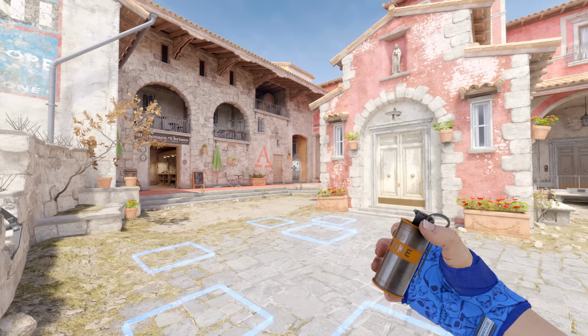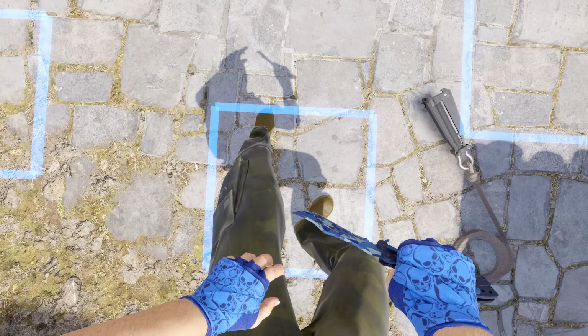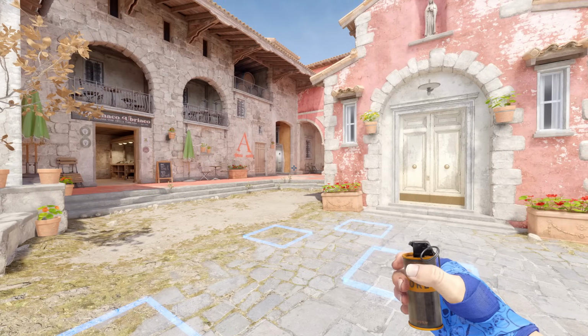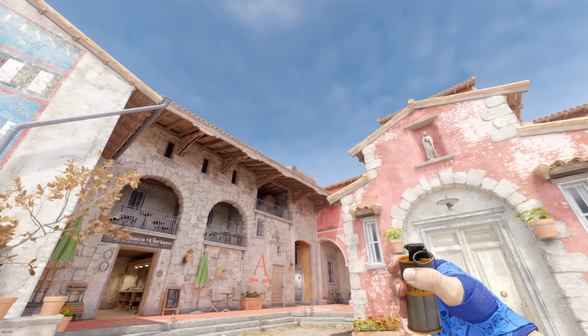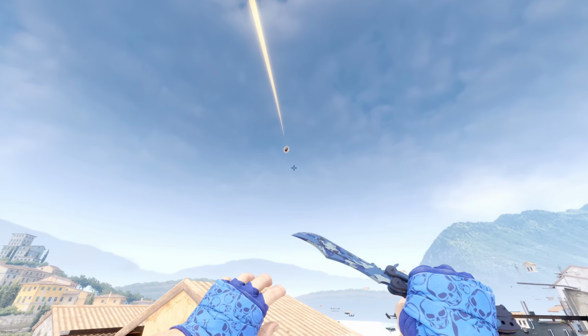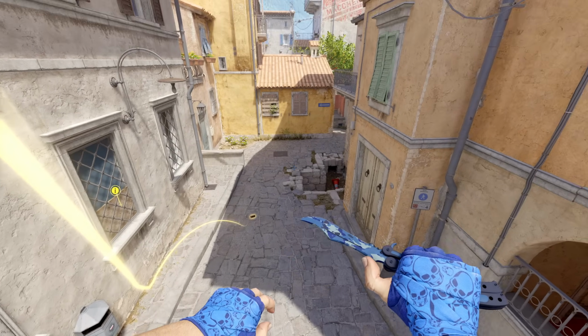So now let's go ahead and break down all of that utility real quick in a Refrag server. broky ended up getting this spawn right here, and this is one of the easiest spawns to get for an instant smoke lineup. If you just go to the top left of this double roof, you can just do a simple W jump throw, and that smoke's going to go all the way up here. It's going to bank off of this left wall,